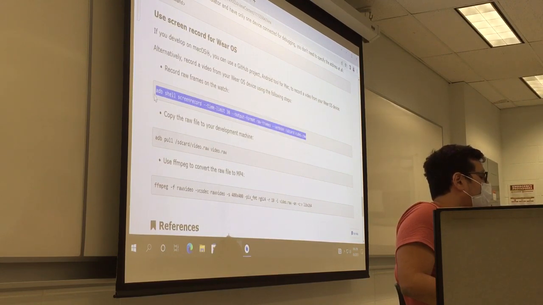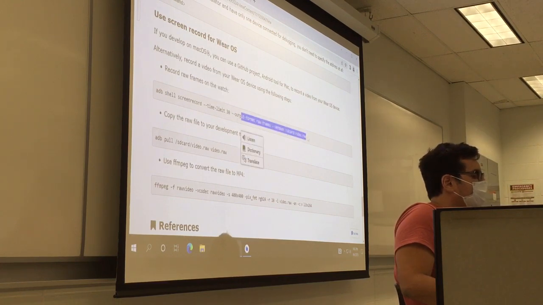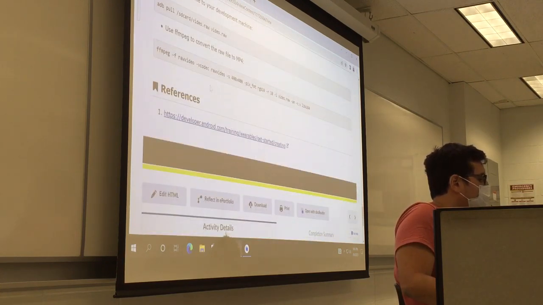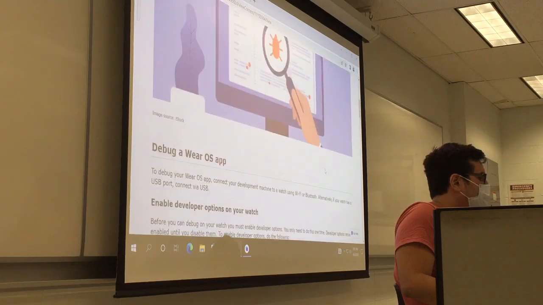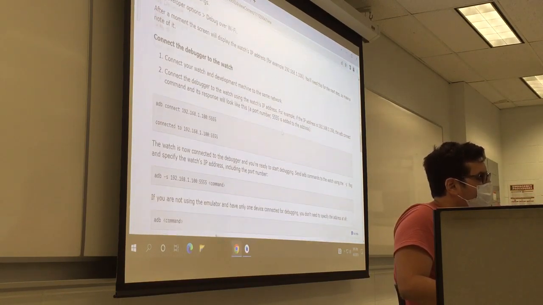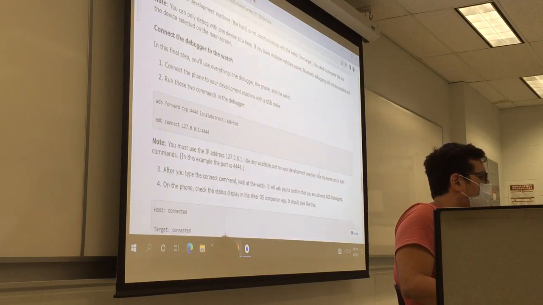You just run the same command, adb shell screenrecord, and we run some commands, and then we get the file with the command here. Okay? So that's how it works. That's pretty much what I wanted to cover today. Do we have any questions about how debugging works on Android or any